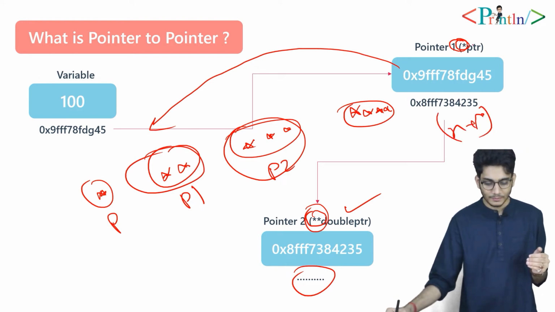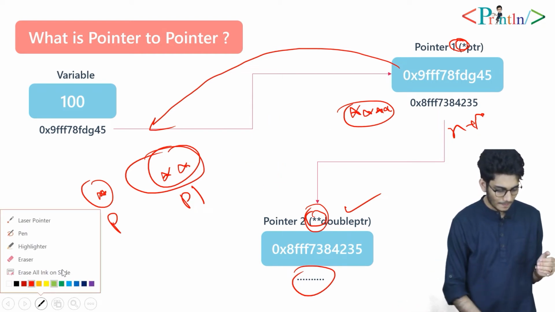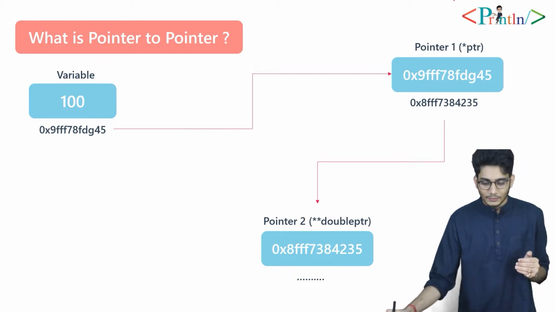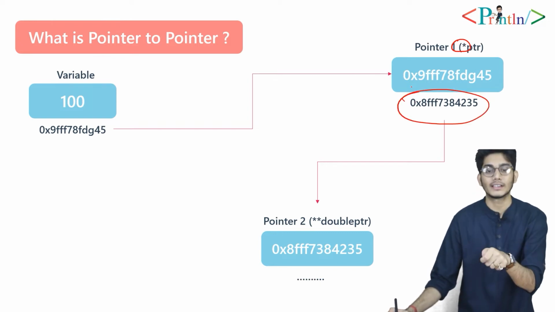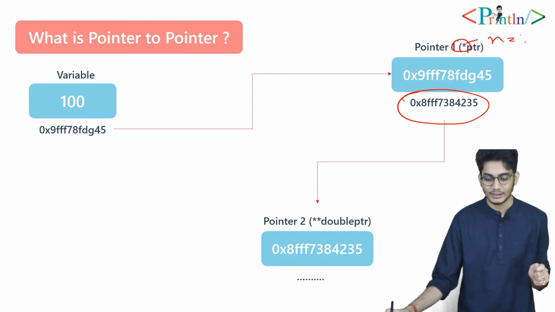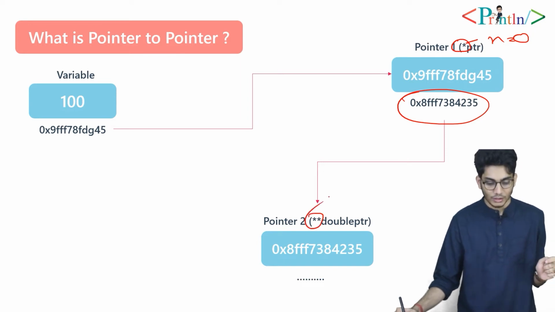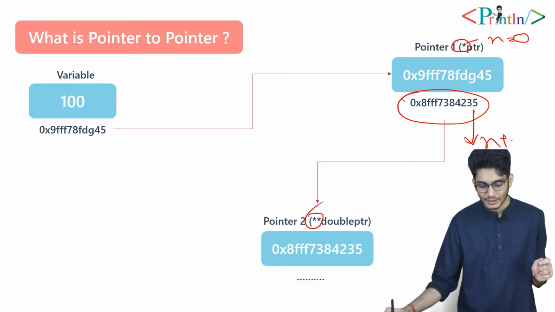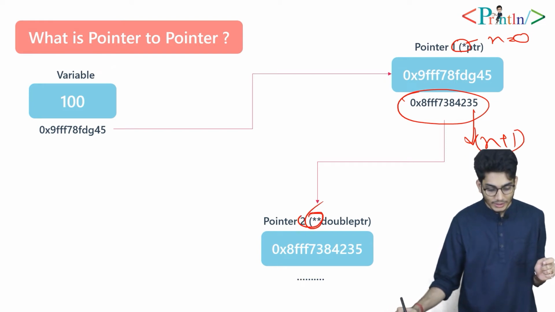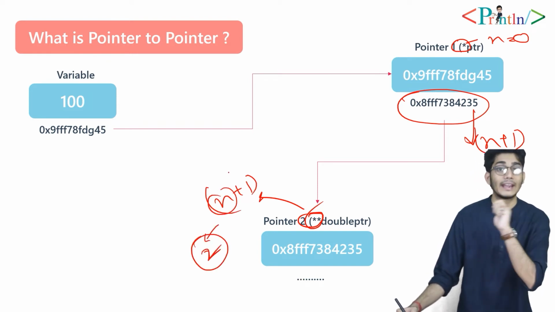In this case, let me remove all these things. In this case we have only a single pointer. For storing the address of this pointer, let's say that this is n. In this case what is the value of n? That is 0. For storing the address of ptr we need a double pointer. So for storing this we need an n plus 1 pointer, and for storing this we need an n plus 1 pointer. In this case the value of n will be 2. So you can see that we need n plus 1 stars.